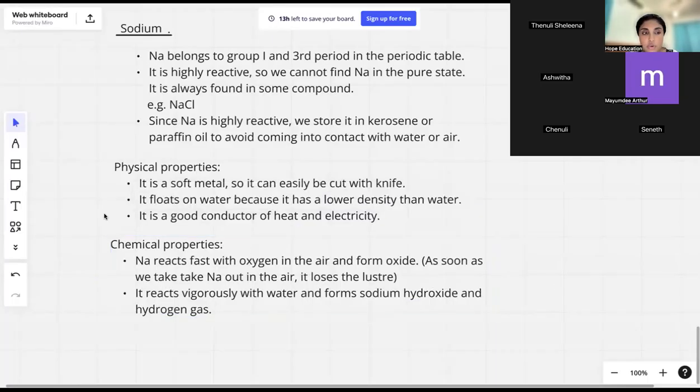So you don't need to worry about all of these too much. Hydrogen is just a gas, right? So when sodium reacts with water, it reacts vigorously, and it will form sodium hydroxide. Don't worry, we'll talk about it later. And hydrogen gas, which is a gas in the atmosphere, right? Then another chemical property of sodium is that